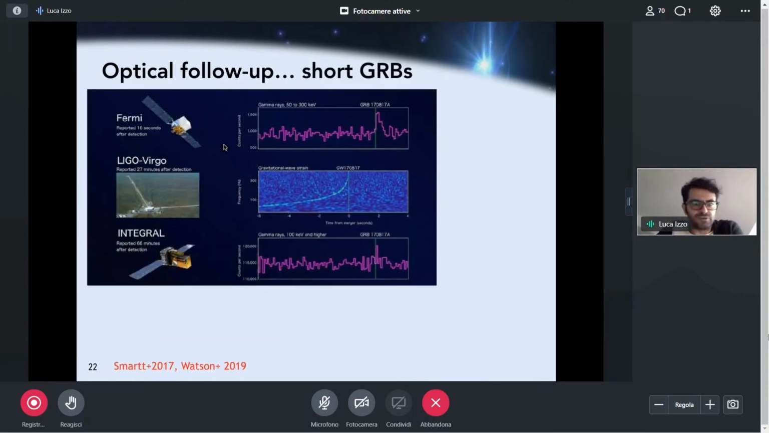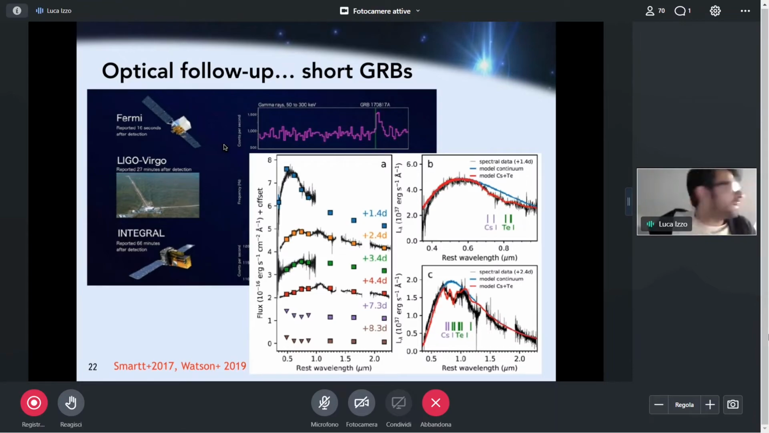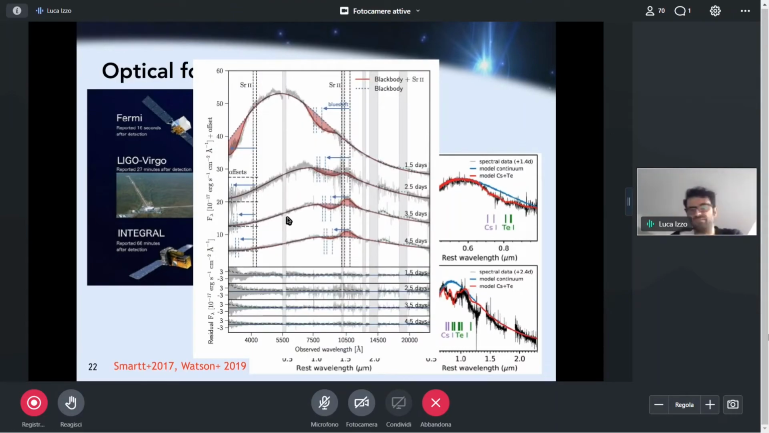Just a word about short gamma ray bursts, because the same reasoning applies to these events. Short gamma ray bursts are associated with the merging of compact objects, and we know from the famous 2017 event that was associated with the gravitational wave event GW170817 that the associated optical and near-infrared emission became red very quickly, and the accompanying multi-filter optical follow-up reported the presence of a black body component that was later interpreted as the emerging kilonova,